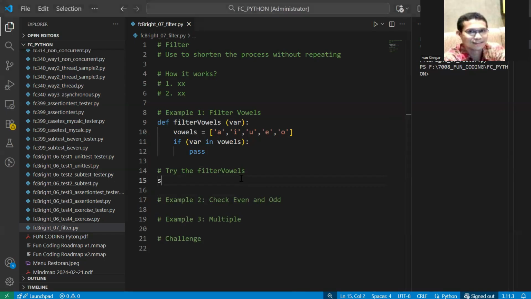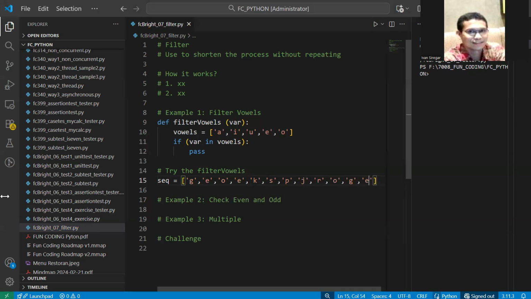So this is how we can try that later. We have the sequence of, let's say, G E O P J E. Okay, this is a sequence. So the thing that we are aiming to check is whether this consists of vowels.